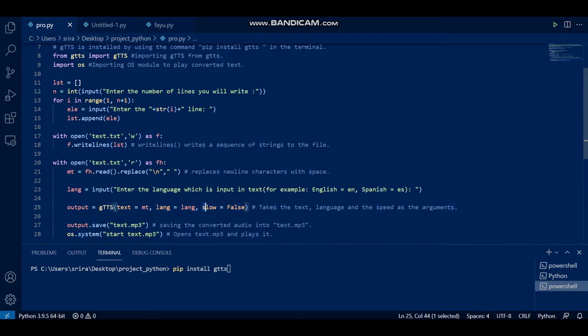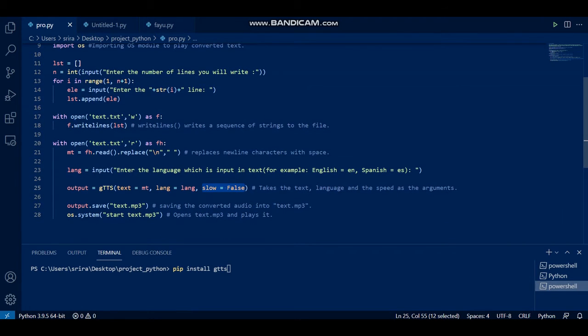And then slow tells the program how fast or slow it should play. Slow equal to false means it plays at a moderate speed. If I give slow equal to true, that means the output mp3 is going to play a little bit slower than the false case.